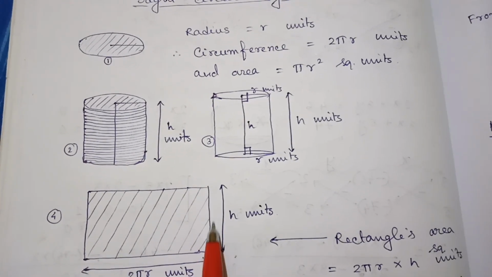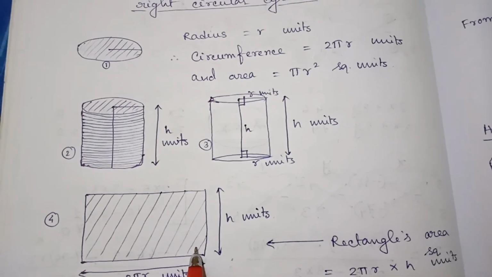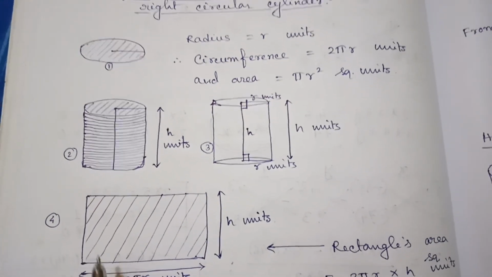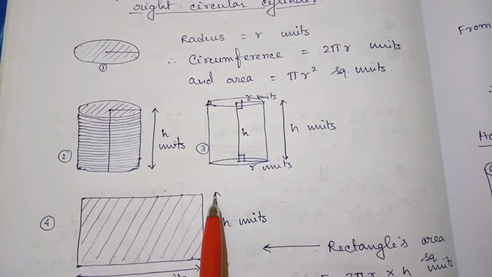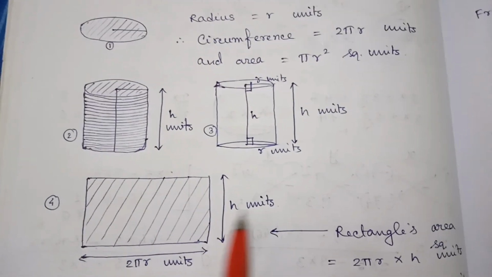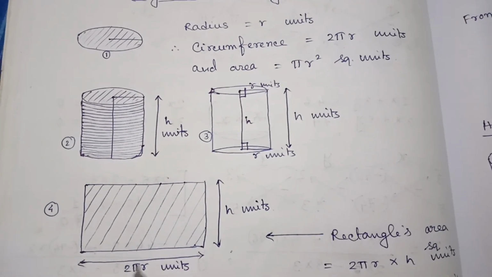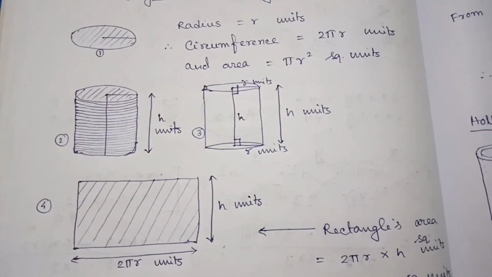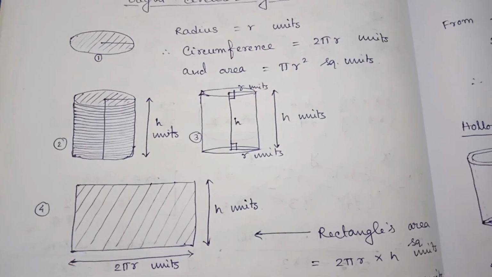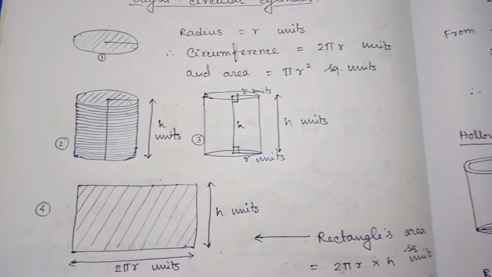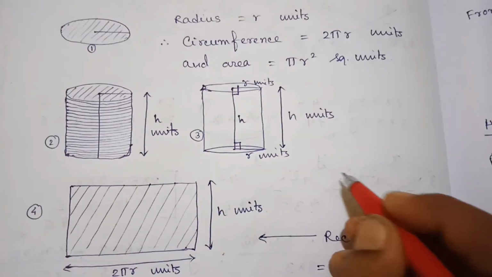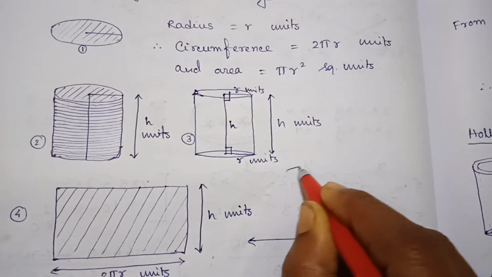Look at this rectangle. Think of this rectangle as a piece of paper, whose breadth is h units and length is 2 pi r units. Why have I taken this 2 pi r units? You will understand one thing: suppose this particular rectangular piece of paper, we are folding like this,